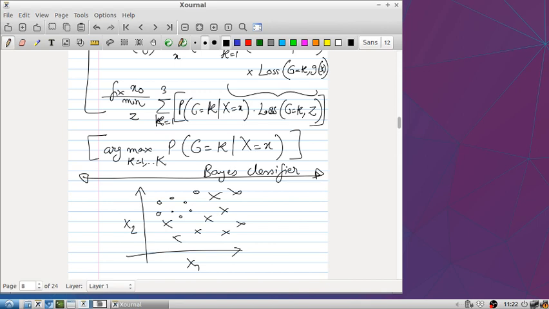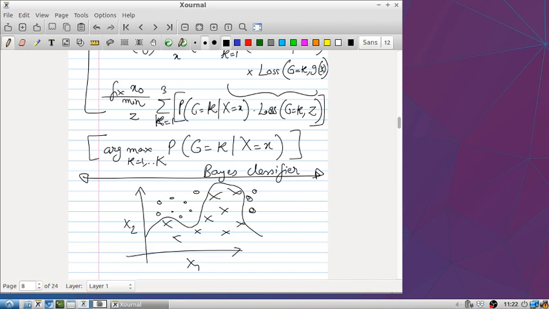Let's say x's represent one class and zeros represent the other class. So this is data, but what I'm saying is there's some region here, drawn like this, where there are some circles here as well. This is called the decision boundary corresponding to the Bayes classifier, where it's saying that on